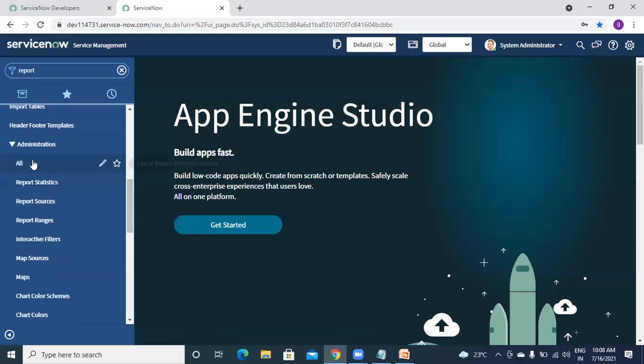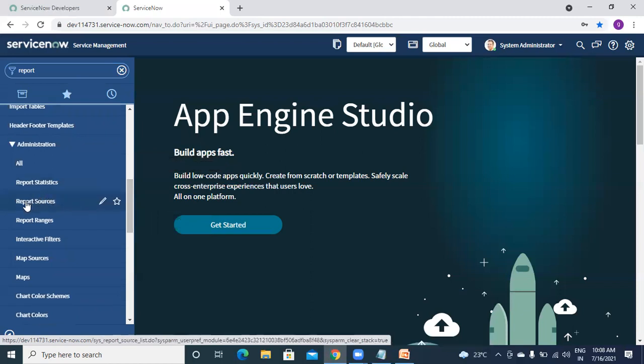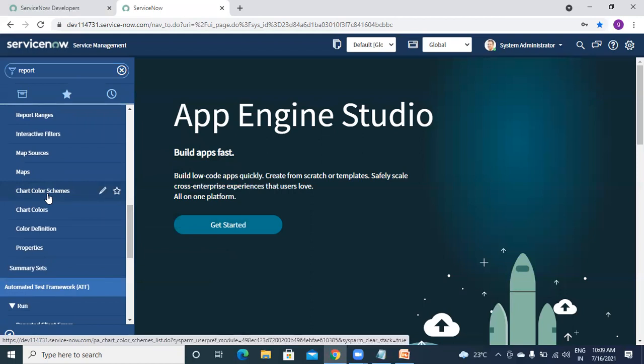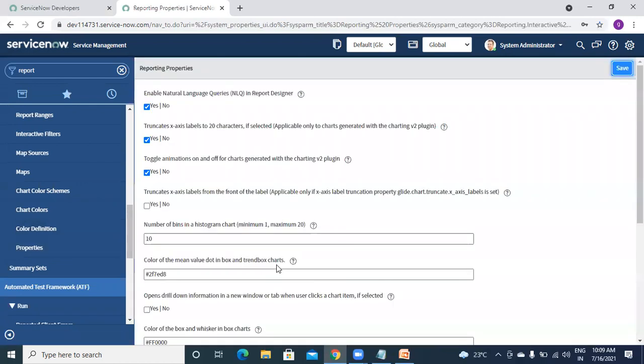And this one is again the same as all the report statistic reports, like what is the source and what is the range there. About range also we will open and see, and interactive filter also we will see. All these are just color code. If you want some color code in your report, all the color definitions, these all three are related to color.